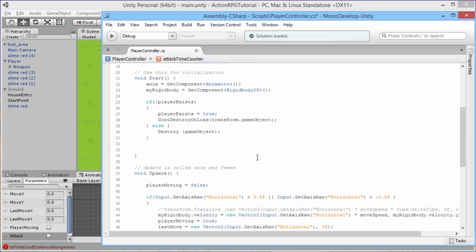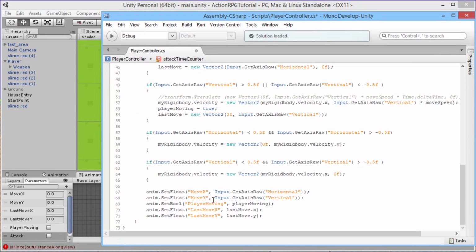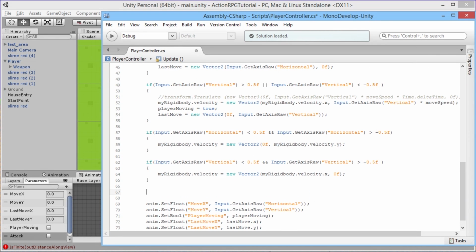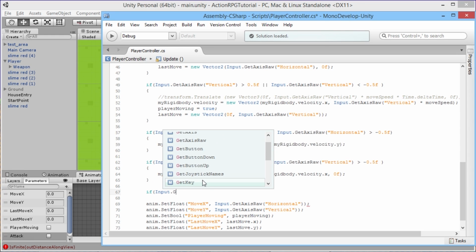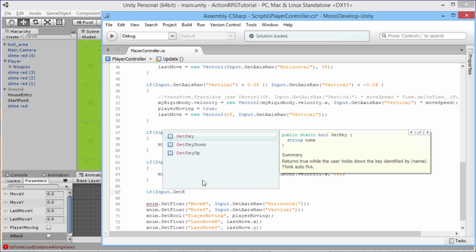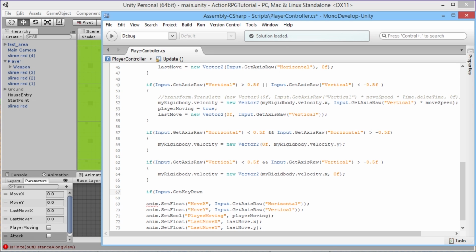Okay, so we need to detect when our attack should happen. So down here we'll say if input dot get key. So we'll say get key down, and we're going to use if the player presses say J, I think is a perfectly reasonable one. So we'll say